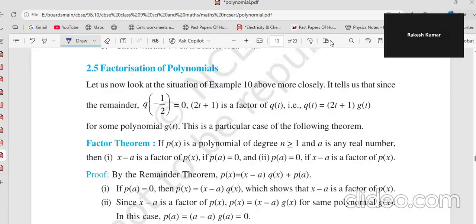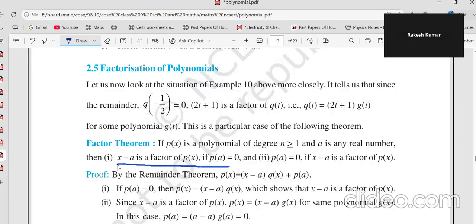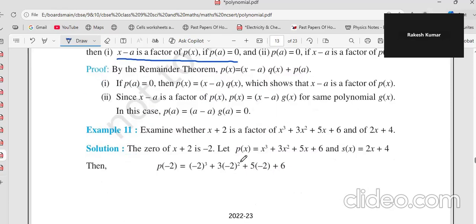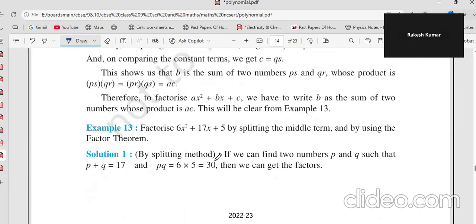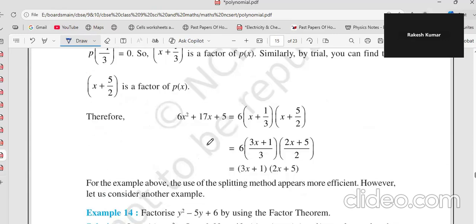If a polynomial is of degree greater than 1 and a is any real number, then x minus a is a factor if p(a) is 0. That means, if I have to factorize this,